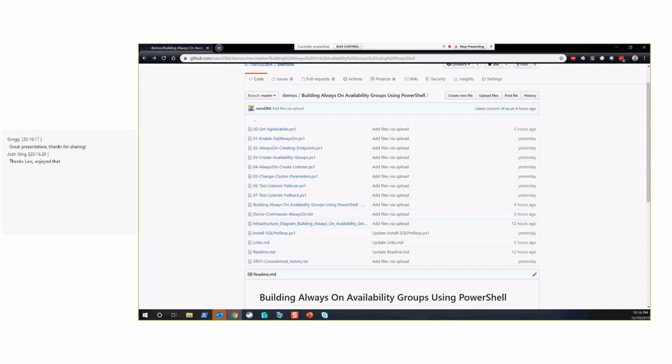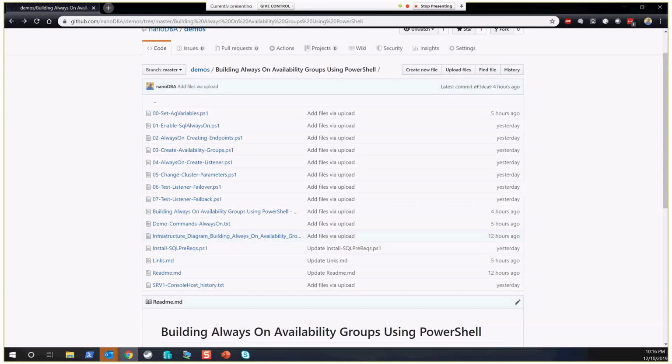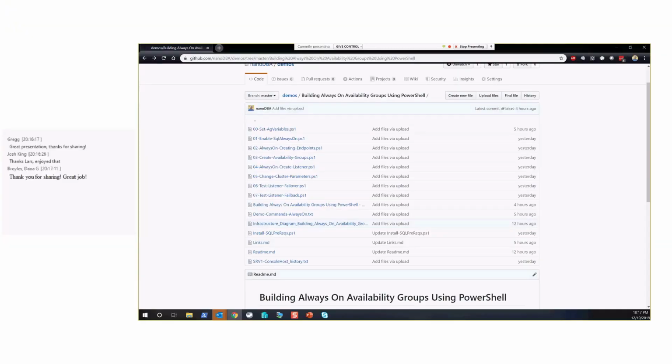So you broke it apart into different groups, so that you could use part 3 to add 3, 4, 5 additional, what's the term, replicas, to the AG. Yeah, you could. If you wanted to have multiple secondary replicas, you could customize those scripts to do that. What we did here was just a simple 2-node setup with one secondary replica. So we just need to add more into the third script, and then it would just do it that many more times. But effectively, the rest of the AG is still the same, right? Yeah,